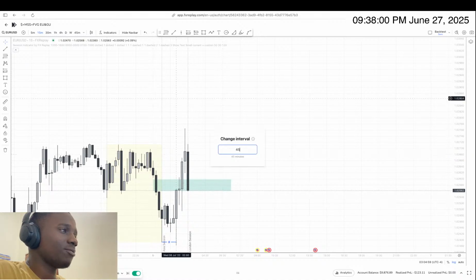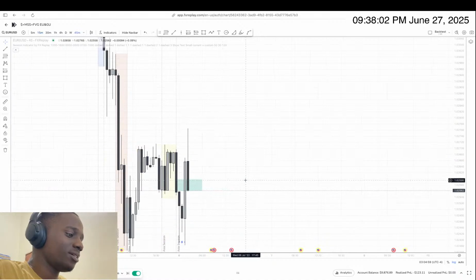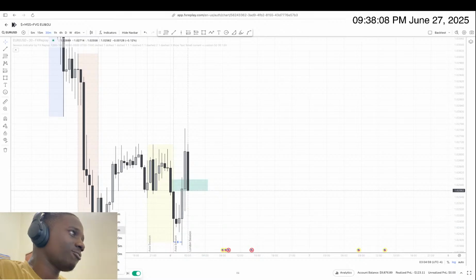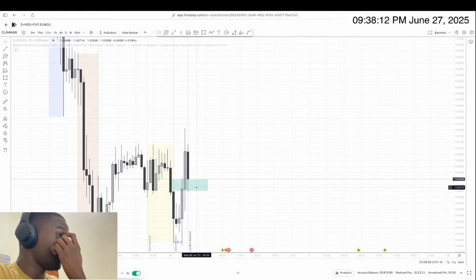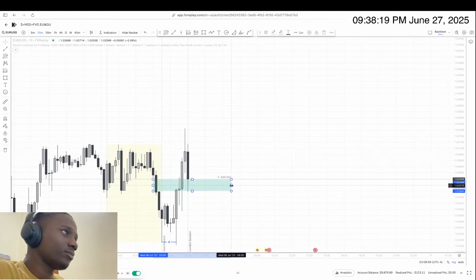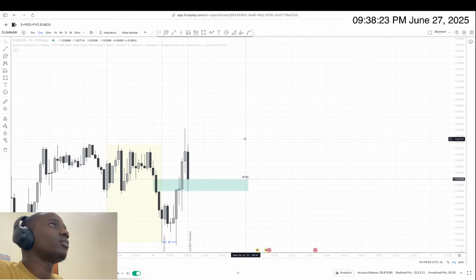But let's see on the 45 minute where it's more clear. 30 minute, okay, I think this will be it. But let's see if we reject here or if we continue. Okay, you can see that we're starting to reject this, and I think this will be our cue to enter. So rejecting this fair value gap, inversion fair value gap, and